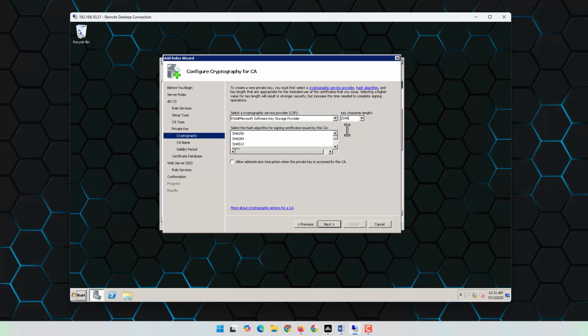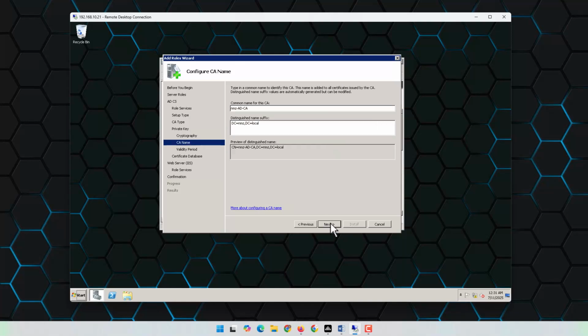I'm going to use the default, and also for the hash algorithm, let's select SHA-256, because especially Cisco doesn't accept the certificate with SHA-1 because of the security reason. Still, we can change this later when we create our template, but now let's select this one here,